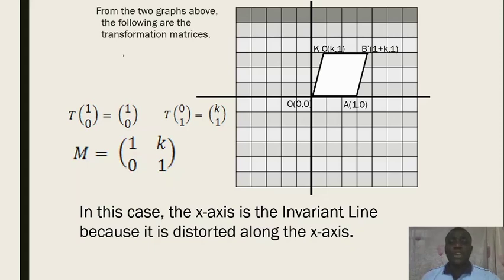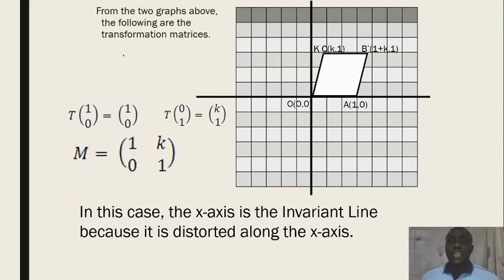Therefore, we find out that the distortion is by a factor called K along the x-axis. If you look at the coordinate of C, initially it was 0, 1. Because it was 0 when it was on the y-axis, but now it has been shifted a little bit out of the y-axis, the coordinate becomes the K factor. And also if you look at B, the x-coordinate increases. Initially it is 1, then it has moved from 1 by a particular value, which is the same value represented by K. That is why B becomes